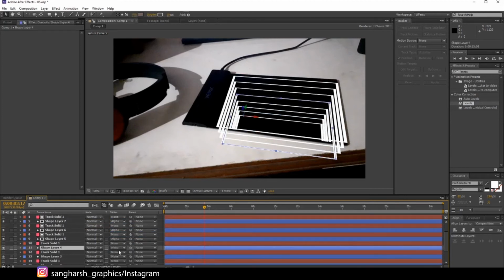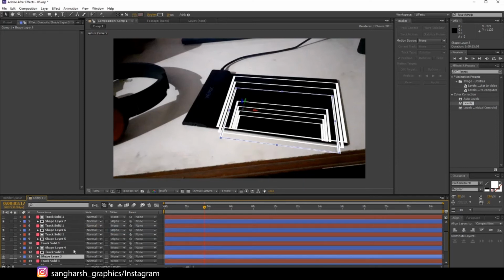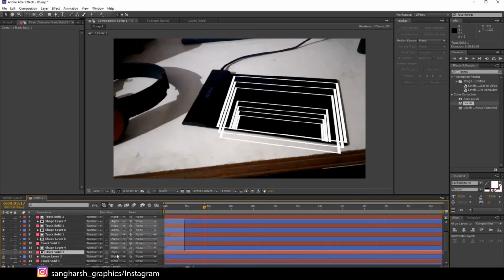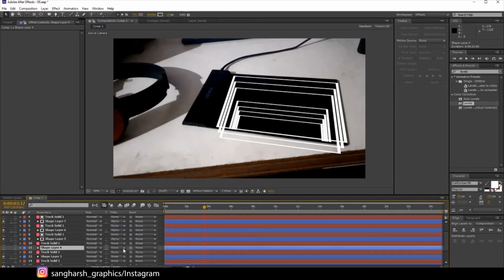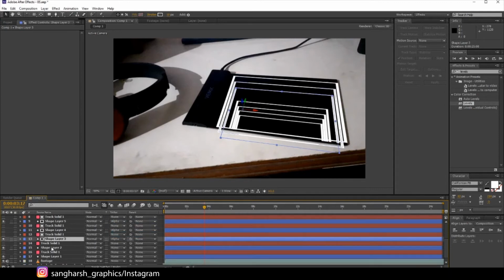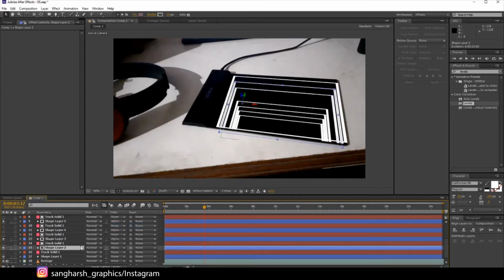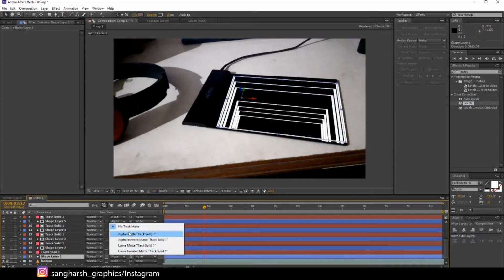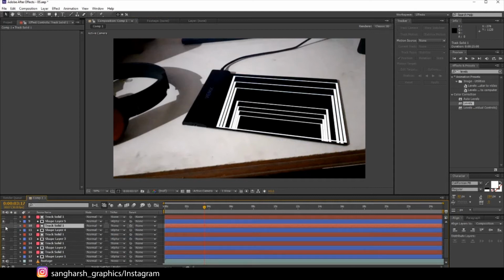Where is the fourth layer? Oh sorry, I chose the wrong layer, sorry. Yeah, there are too many layers here, just be sure. I think we have another messed up thing here.